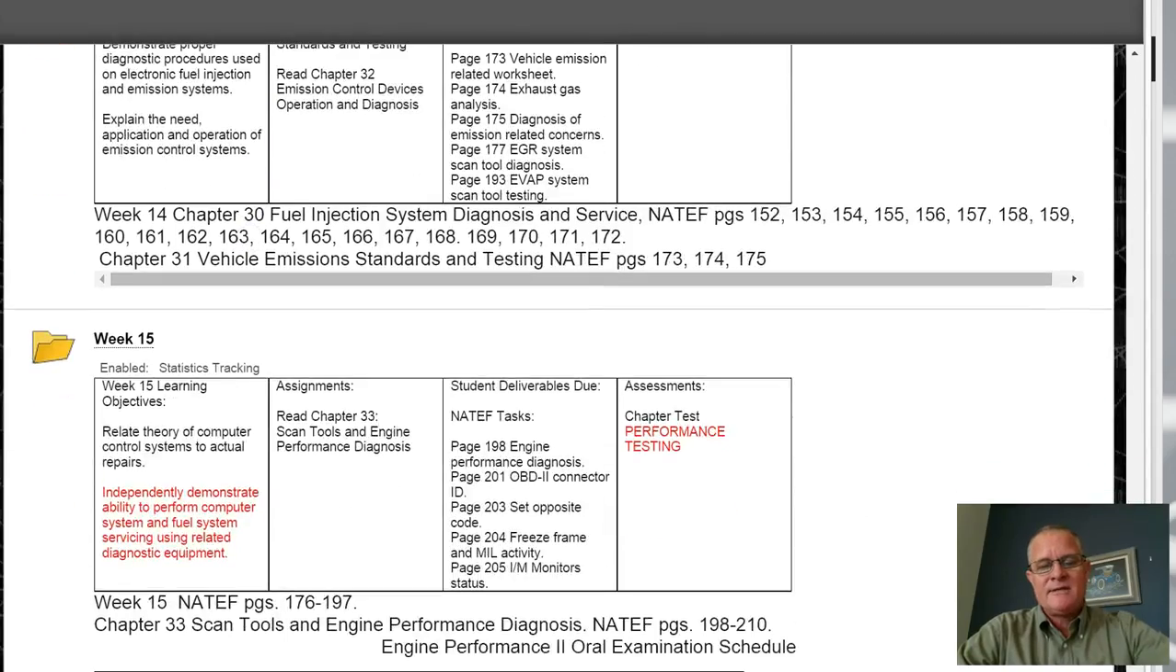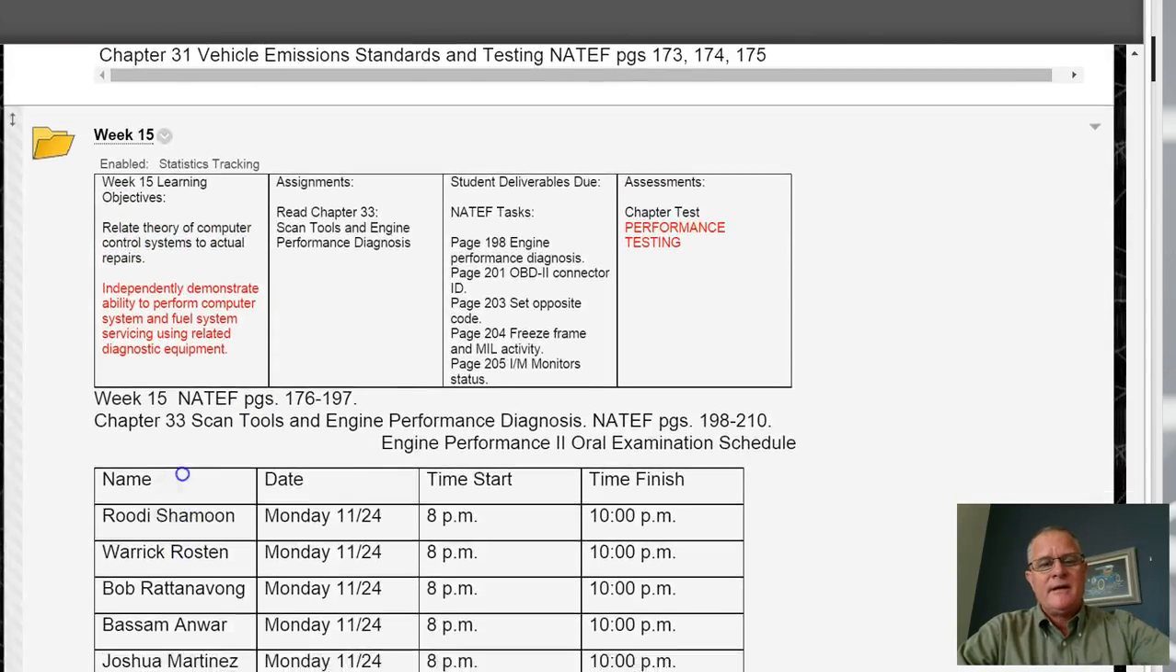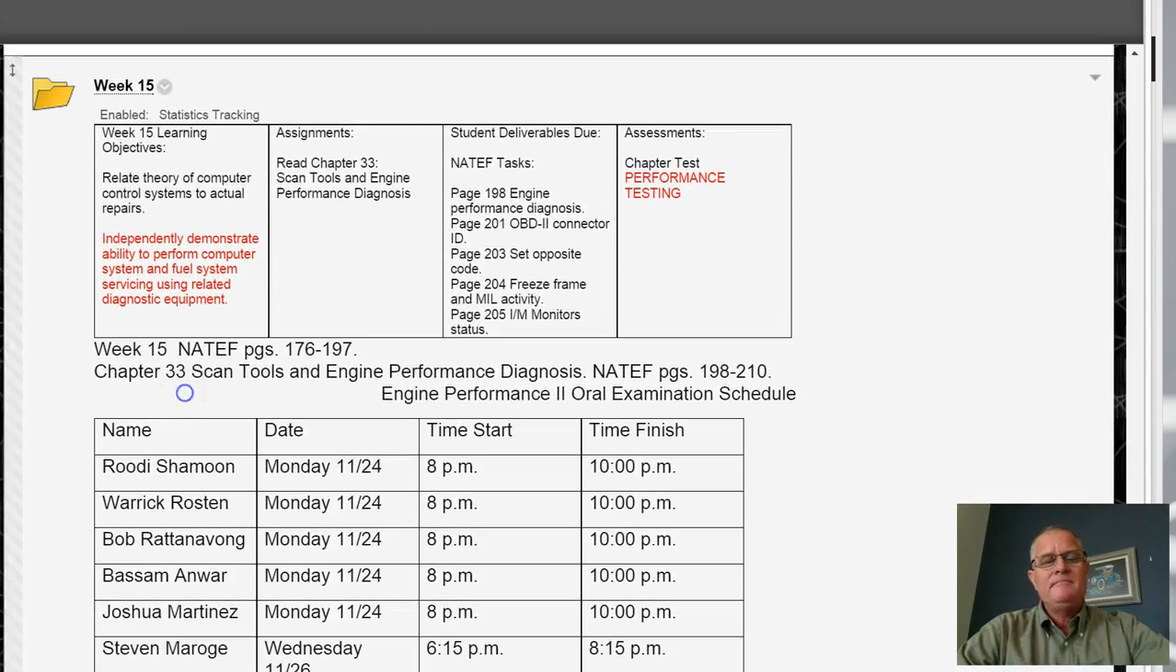And then I wanted to show you, we're talking about performance testing. So we call this performance testing because it's laboratory testing. So I have the objective of the laboratory testing, which is more of a final objective, and it's in red. It says to independently demonstrate the ability to perform computer system and fuel system servicing using related diagnostic equipment, which is the main department